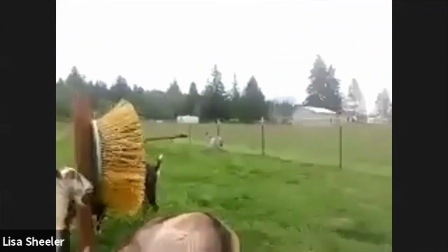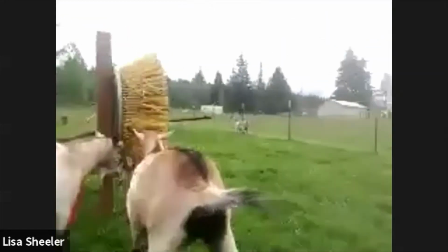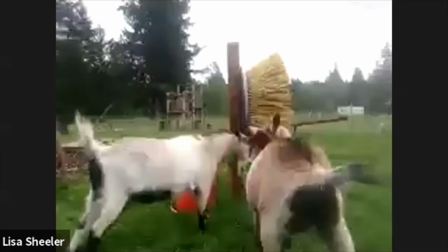They were part of a 4-H group, and when the kids were done with 4-H, the goats have to find new homes if the kids do not want to keep them and keep taking care of them longer. And if they're not going to breed them. So Smith and Wesson